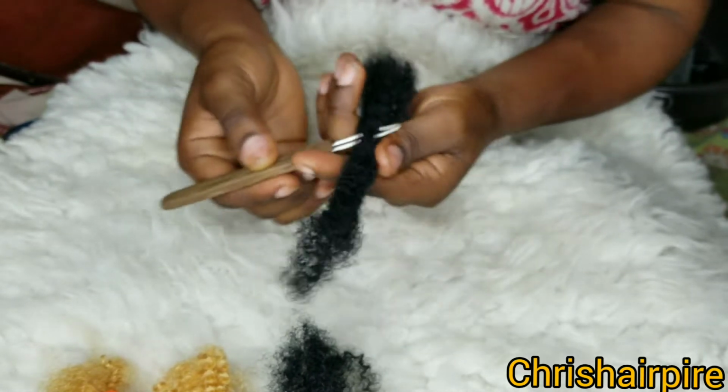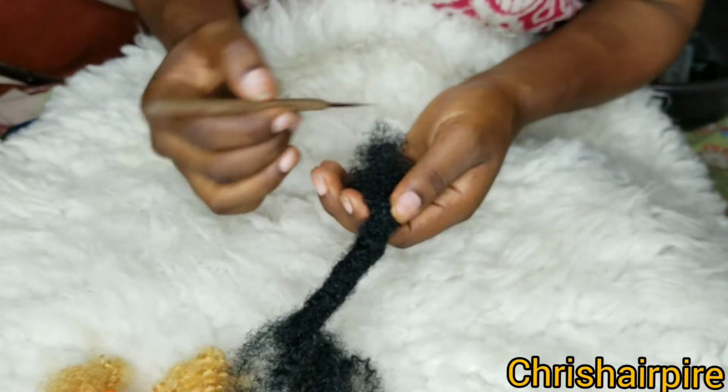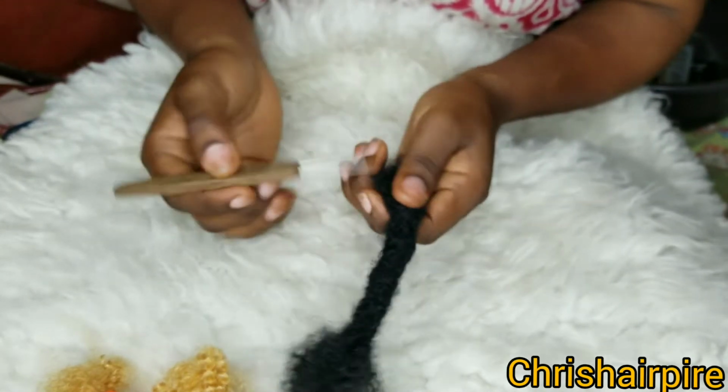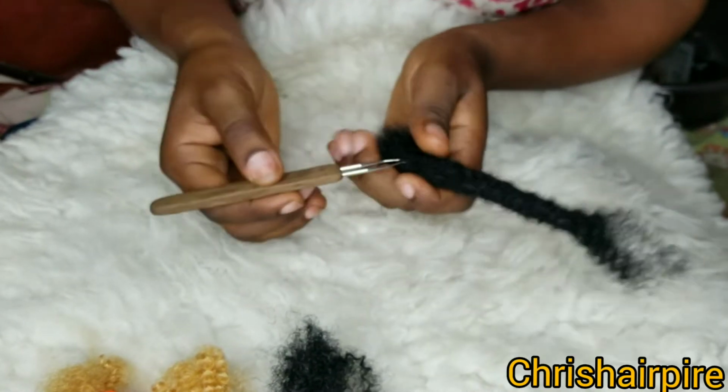So if you're working and going down with your crochet pin and you discover that there's a portion up that you still need to touch, it's okay, you can still come up, touch and go down. So that's just it until you are done. So I'm at the bottom part